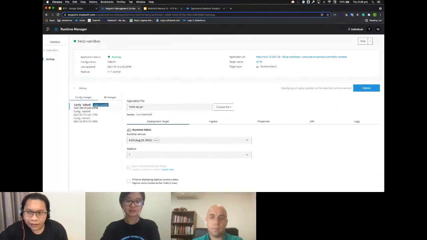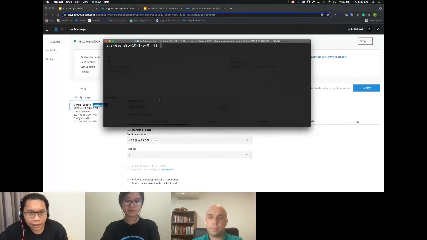Then the next step is to go to your RTF instance. You can use Ops Center or you can use the command line. If we go to the command line, we are talking about the appliance version. The appliance uses a pre-built Kubernetes for you, which we call Gravity.